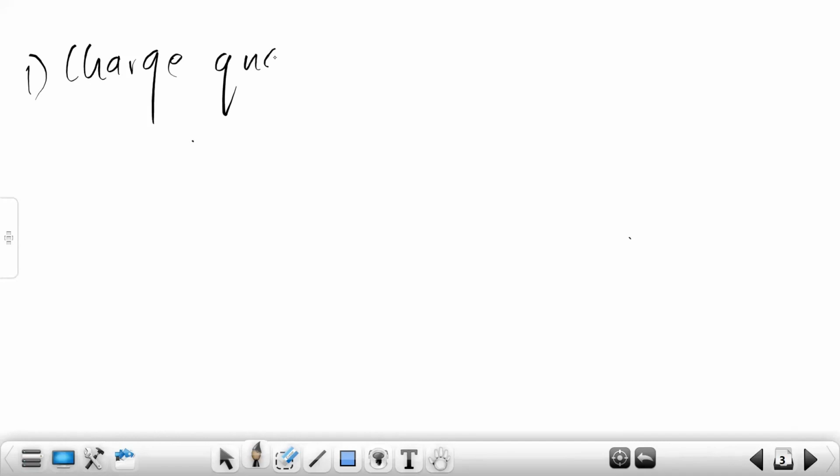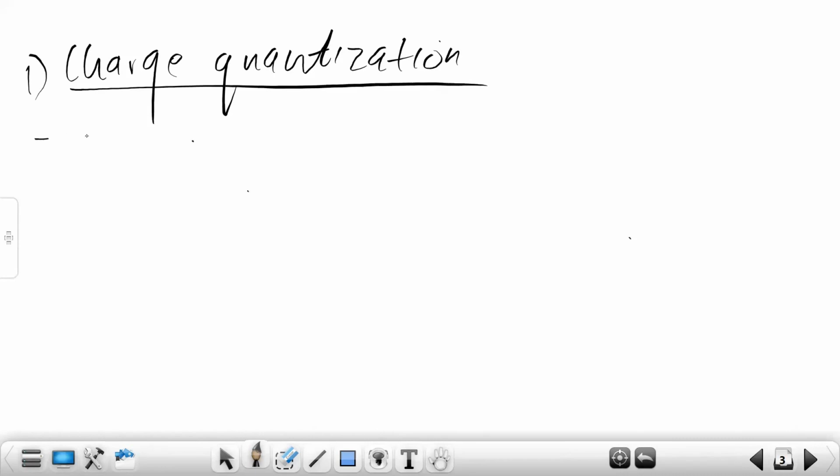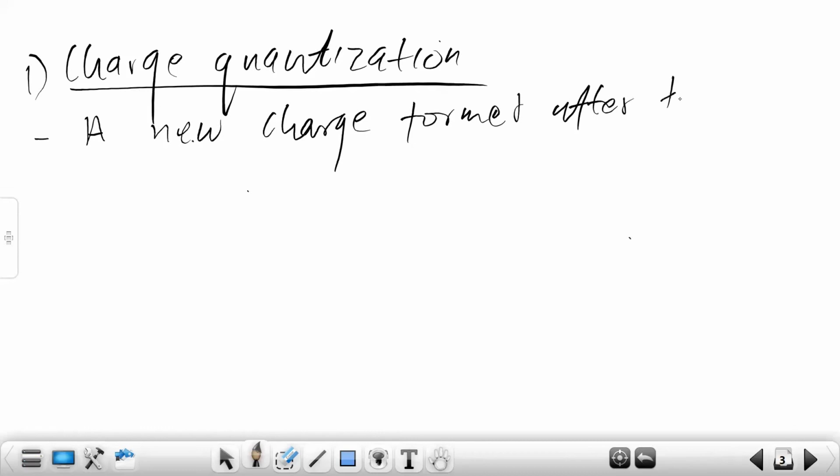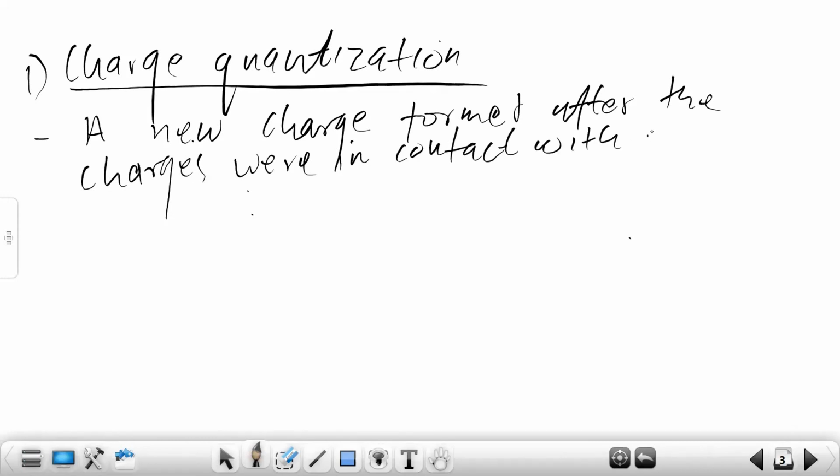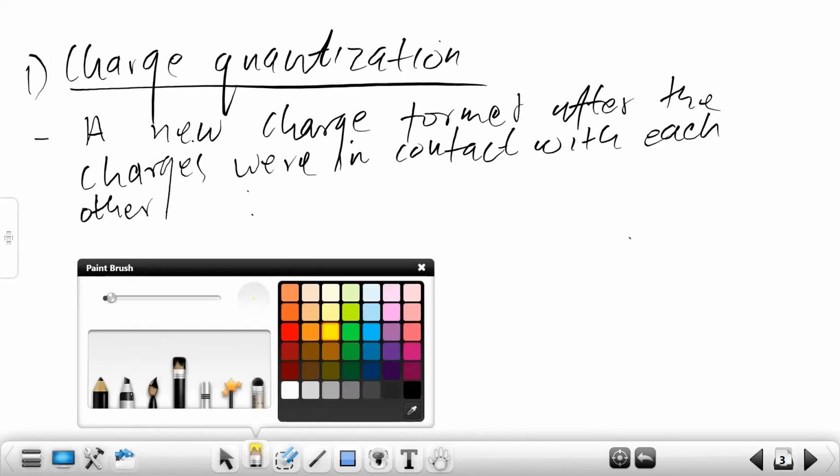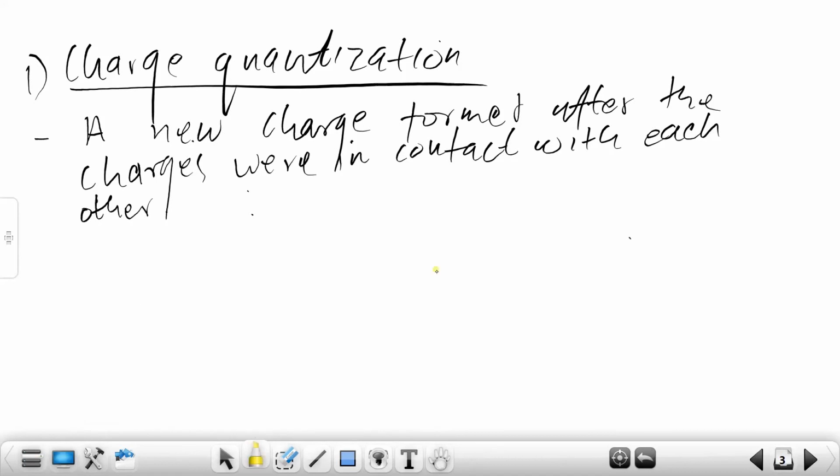So for charge quantization, we focus on a new charge formed when the charges were in contact with each other. So for me to fully explain, the key thing is the charges must be in contact with